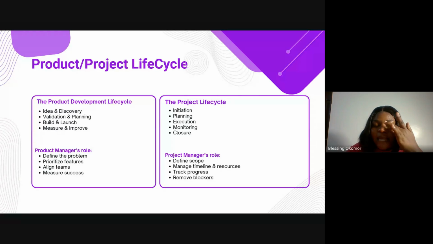Manage timelines. Oh, by the third week, I should be able to source the driver that will take the food, and pay. By the fourth week, I should be able to pay Mama Iyabo. You manage your timeline, you plan everything, the resources, everything that you need to ensure that that project is a success. Then you track progress.